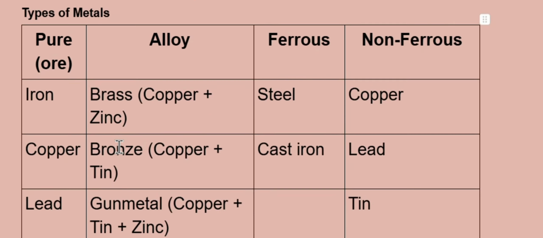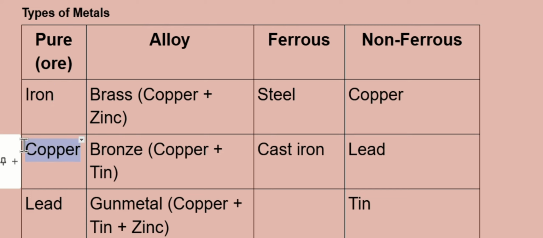Okay, so a quick look at this table. We've spoken about metals. We can break them down into four different groups. You've got pure, which is just one element, an alloy, which is a mixture of two or more metals. Then we've got ferrous metals, which is any metal that contains iron, and a non-ferrous metal is a metal that doesn't contain iron. However, you've got different combinations of these. So, for example, iron from the ground extracted as an ore is a pure metal because it's just one element, right? And because it's got iron in it, it's also ferrous, so it's a ferrous pure metal.